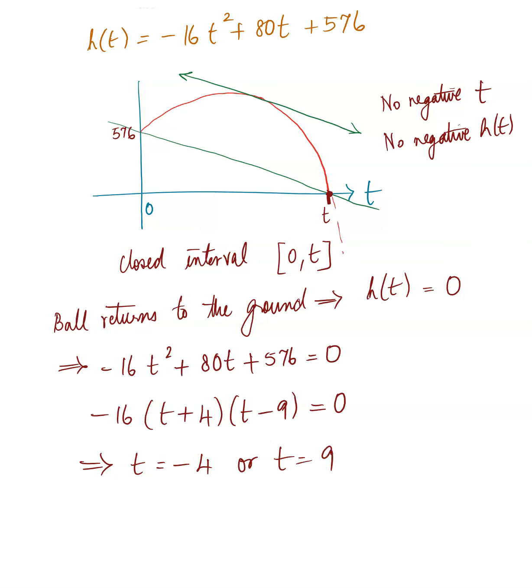We already established that time cannot be negative, both practically as well as algebraically, so here we can't accept it. And that makes it t equals 9. So this t here will be actually 9. So then our given function is negative 16t squared plus 80t plus 576 over the closed